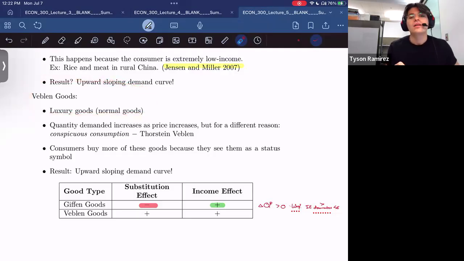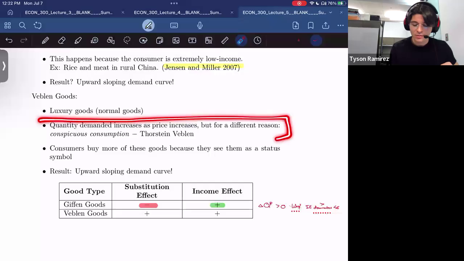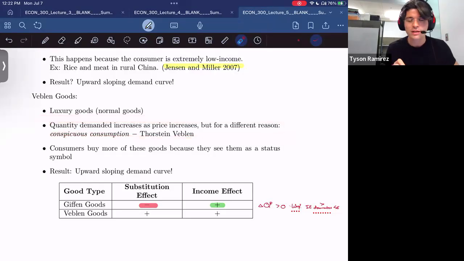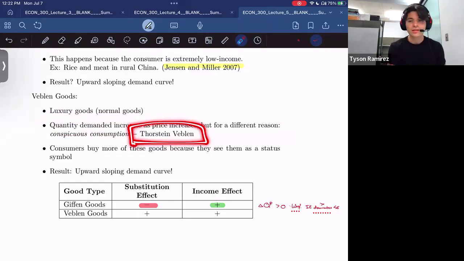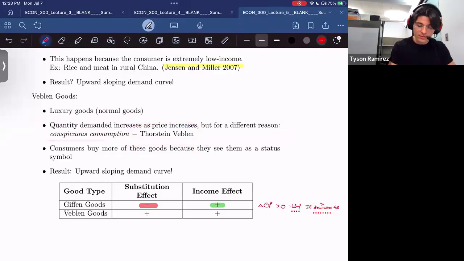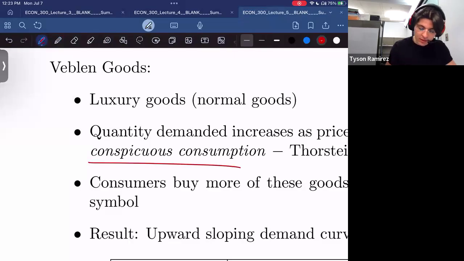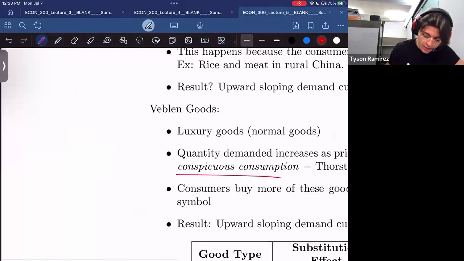With Veblen goods, we see that the quantity demanded increases as the price increases, but for a different reason. The phrase that was coined was conspicuous consumption, and it was coined by this economist named Thorsten Veblen. He's a very interesting guy, and you should read more about him. The idea, conspicuous consumption, right here. What this means, essentially,